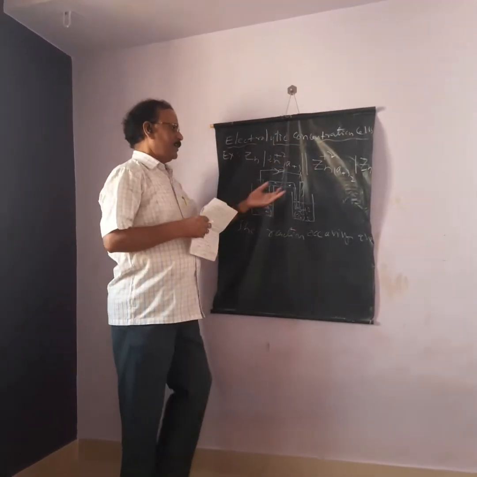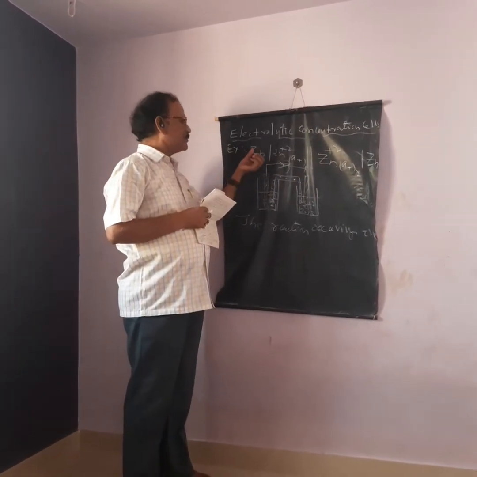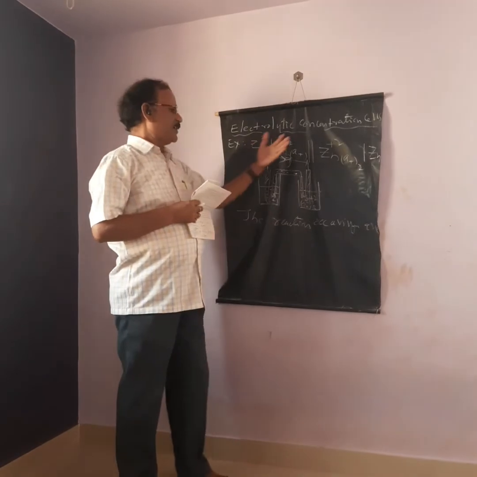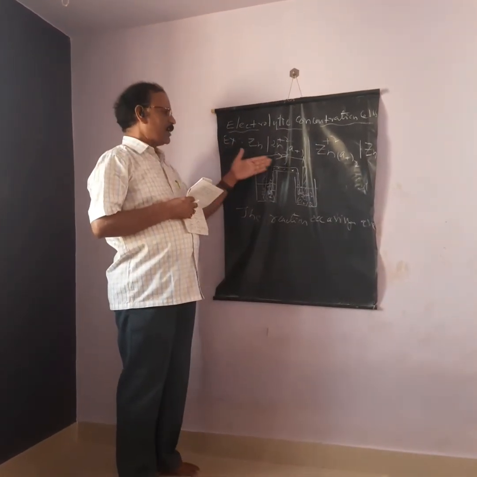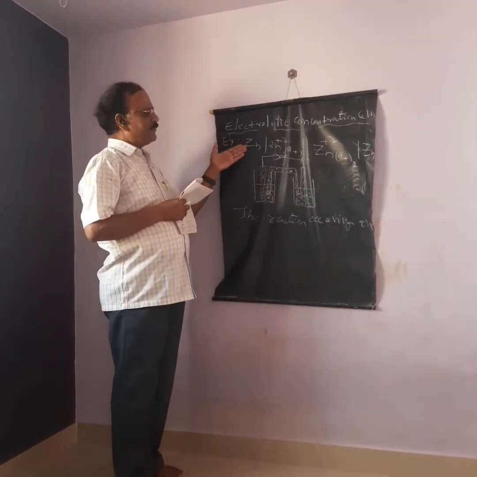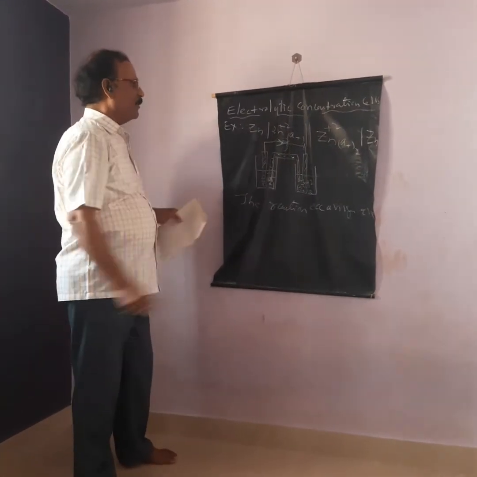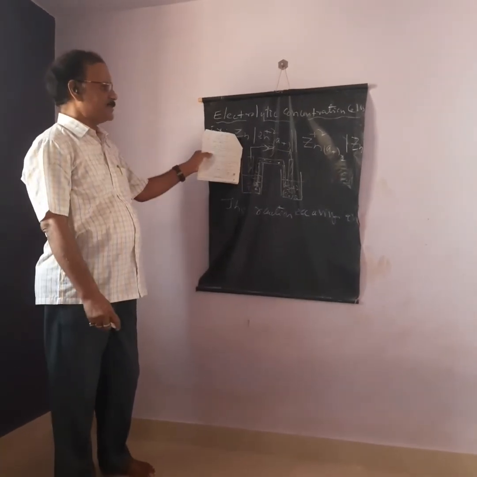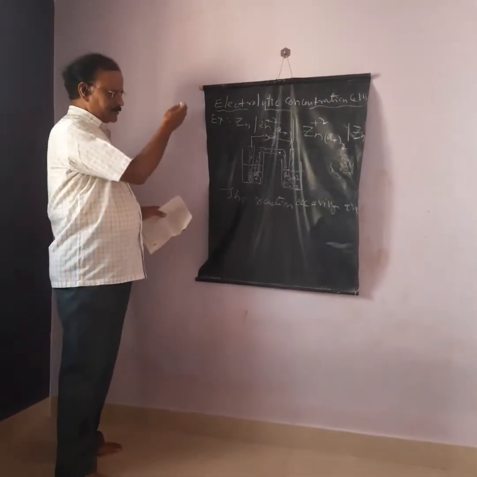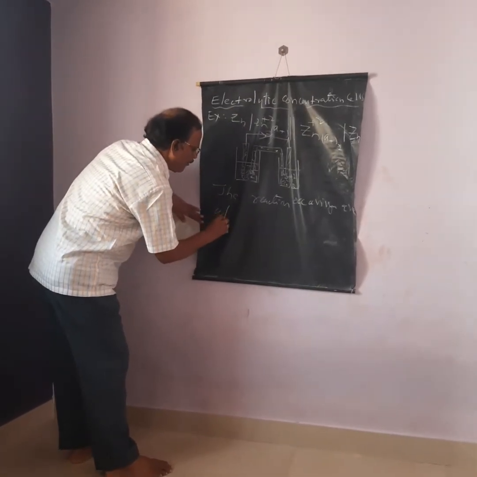You know the right hand side undergoes reduction, the left hand side undergoes oxidation. Zinc to Zn2+ is oxidation, Zn2+ to zinc is reduction. So the right is the cathode and the left is the anode. The cathode is always placed on the right hand side, the anode on the left hand side. The figure as well as the representation, notation and writing of equations follow the same manner as in the earlier theories. So the reactions occurring at the RHS electrode.